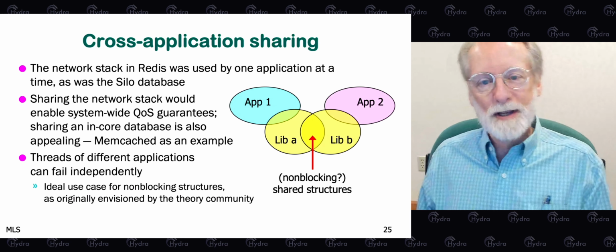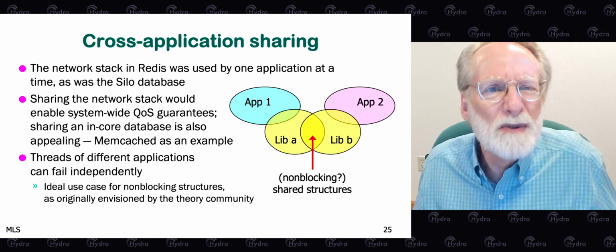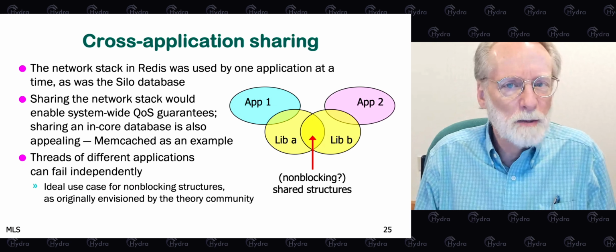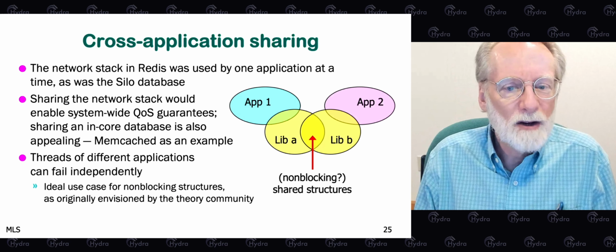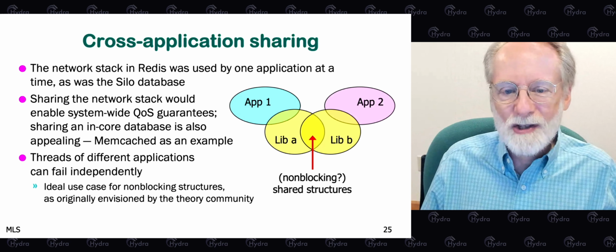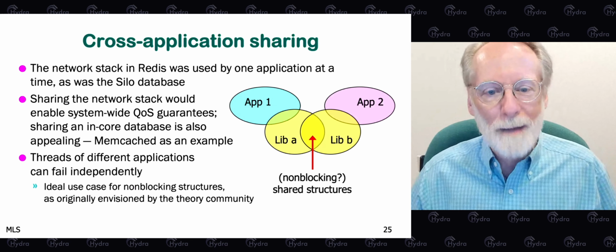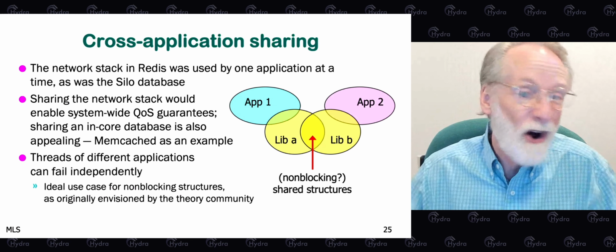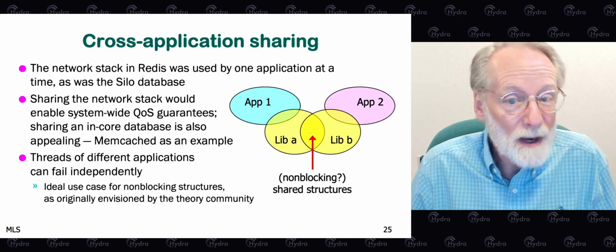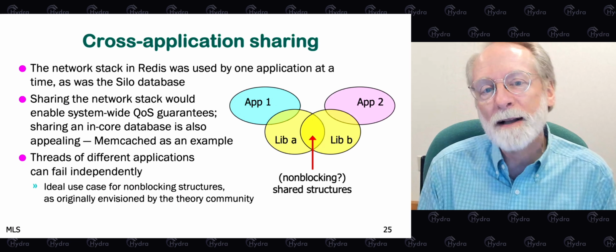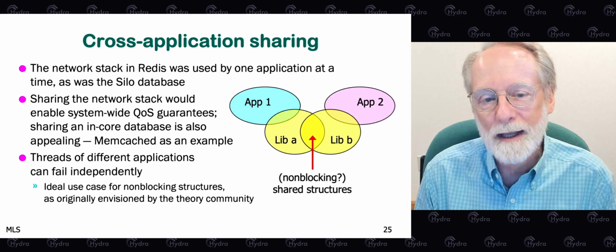But systems people looked at it and said, well, we don't do that anyway. Threads that share data are part of a single protection domain. Nobody creates a concurrent data structure and shares it among threads that don't trust each other. They're all part of one application. If the application crashes, then all the threads are gone. So individual threads dying has just never been historically a compelling motivation for the systems community.